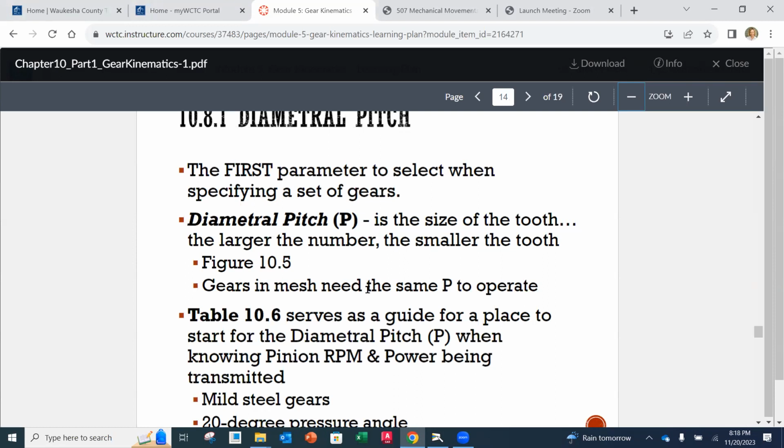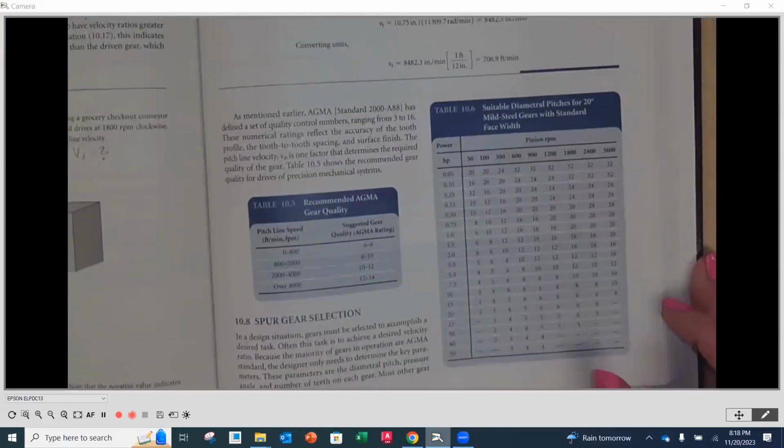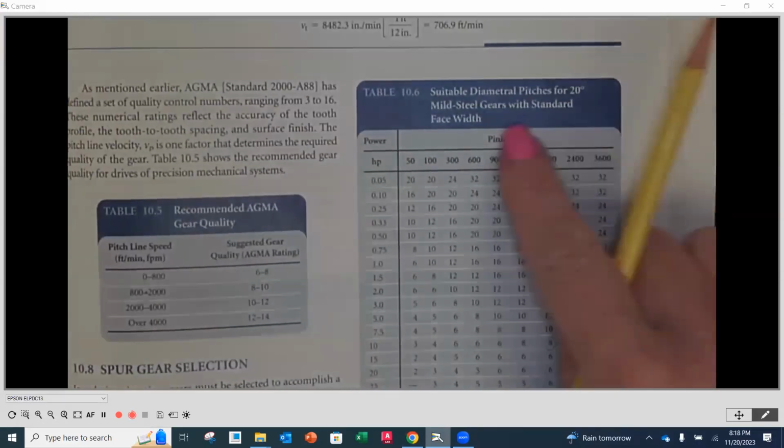Now, as we look at table 10.6 on page 275, this serves as a guide for a place to start for diametral pitch. So if you're wondering, like, what size tooth do I need? Okay, there are going to be tables that you can look to for guidance and for a starting point. So table 10.6 here